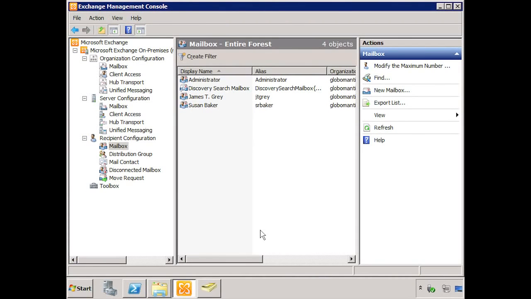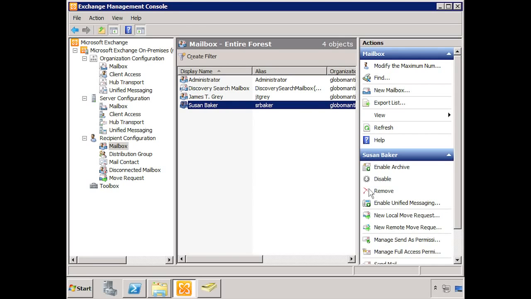Okay, so we're back on the Exchange server, and here we have the account that we were just working with. Here we have Susan's account. Now we know that Susan has mail in that account because we just sent her an email. And being that Susan is not a real account, we know that she hasn't picked up that email just yet. But if we select her account and we click Disable,